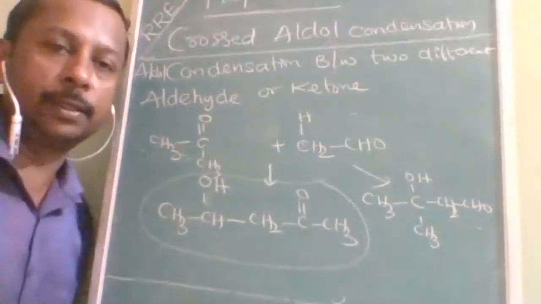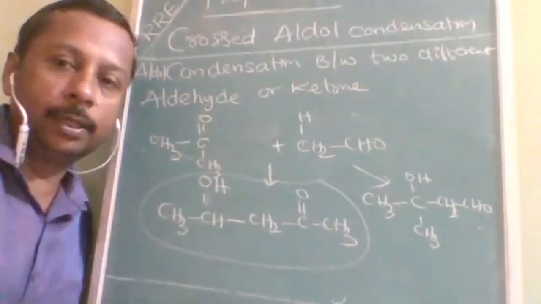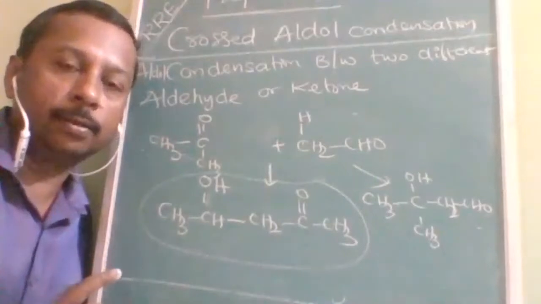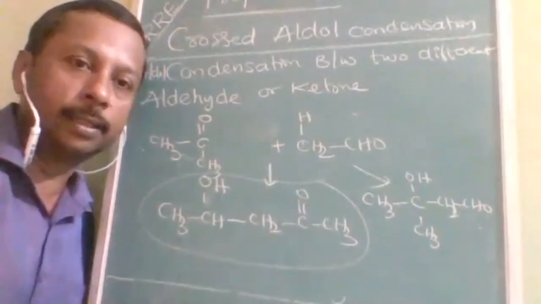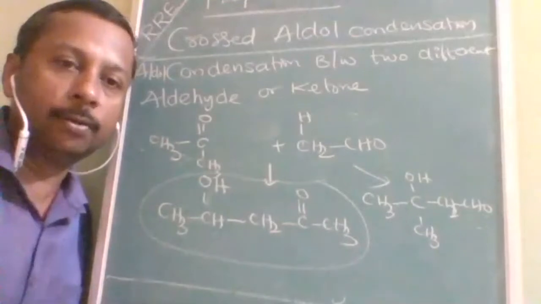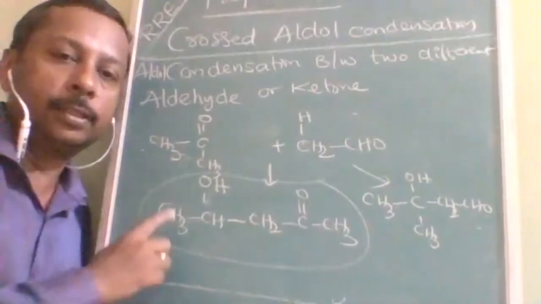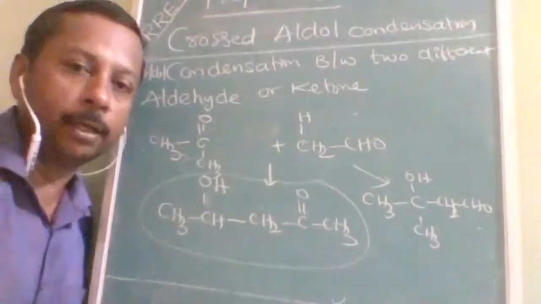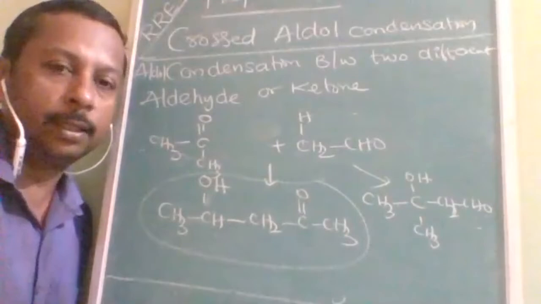That is the difference between the crossed aldol and simple aldol condensation. Here the minimum number of products is how many? Two. In simple aldol condensation the minimum is only one. Sometimes there can also be more than one product, as I told you in the example of butanone: if two different alpha hydrogens are possible, then different products are also possible. Is this understood? Any doubt about this? If you don't have any doubt, then you should be prepared to solve and identify all possible products in the next question.